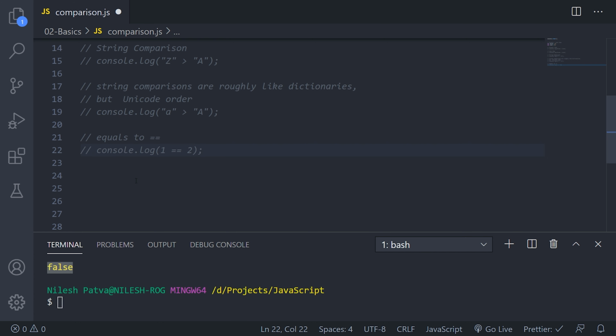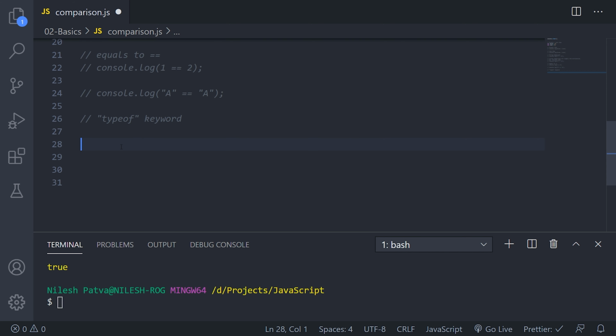Let's see another example of the equals to operator, now with strings. If we compare A with A, uppercase A, let's see what happens. We can compare strings as well. Both characters are the same, that's why it has given us the true output. So the equals to operator works like this.